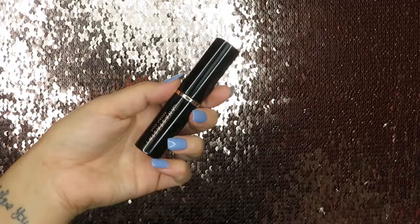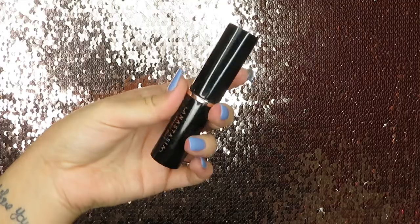So this one is the Anastasia Beverly Hills Stick Foundation. I got this one when I was doing Foundation Fridays, testing out a new foundation every Friday. This is kind of like the other one I told you. All the times that I have used this foundation, I have used it on its own. I haven't mixed this one yet, but it is a really good foundation. I mean, it is super full coverage. You do have to use a lot of product because, like I said, it's a stick foundation. You don't get as much that comes out as you would in a pump or a squeezy tube, but